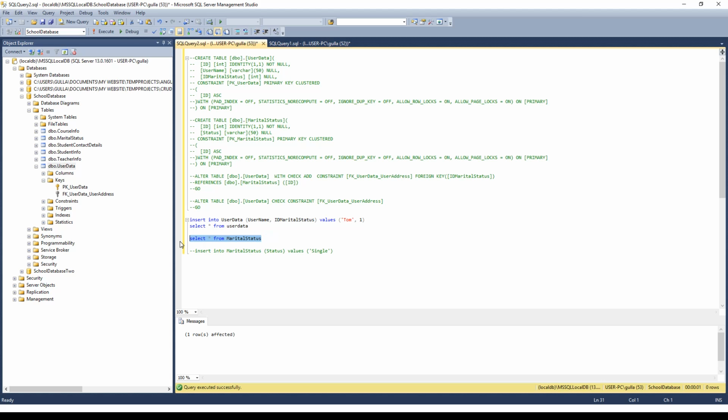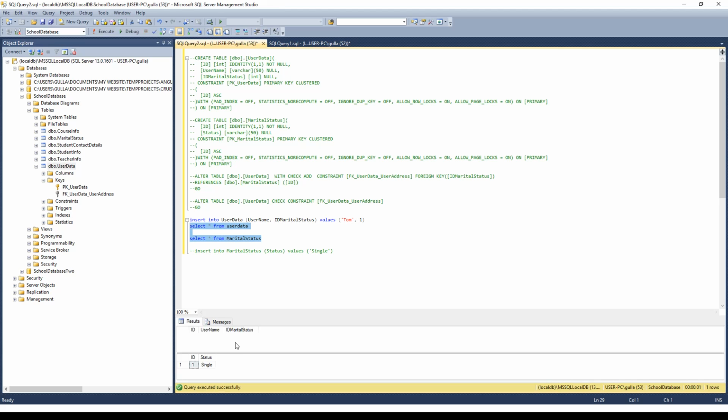So now if we select all from these two tables, we can see we've now got a status of single on this table specifically. So now when we insert this, it will work, because this constraint goes off and checks here, do we have a status of 1, because we're inserting 1 here, and that is correct, so it'll allow that to happen. So if we now run this,